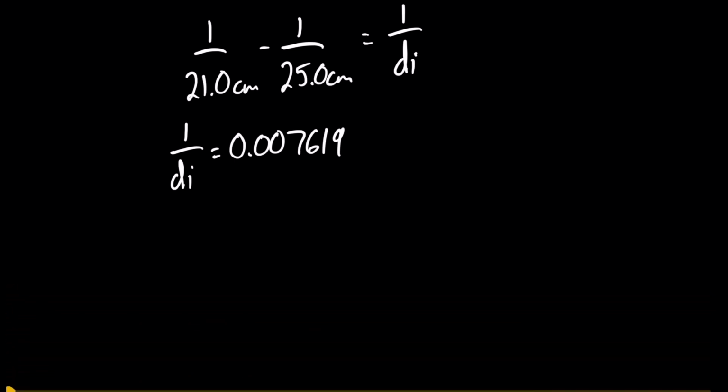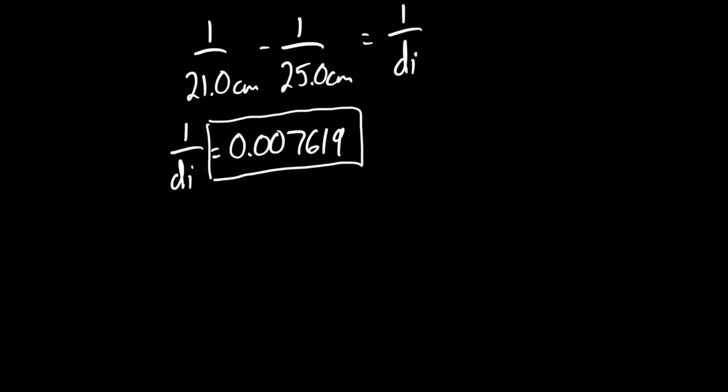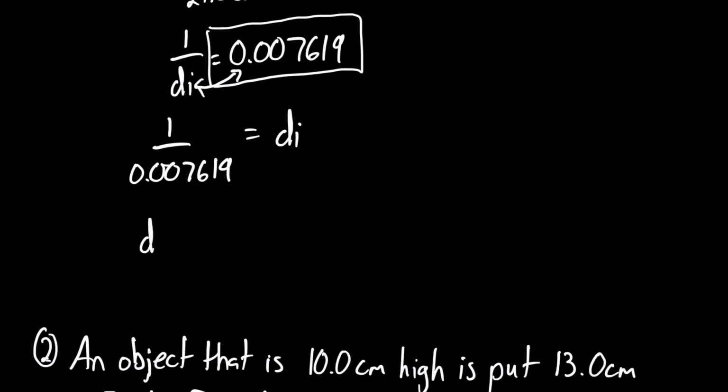Okay, so we have 1 over DI, but we just want DI, so we need to take the inverse of this number to figure out what DI is. Basically DI and this value just switch places. So we'll have 1 over 0.007619 equals DI, and if you type that into your calculator, you will eventually get a DI of